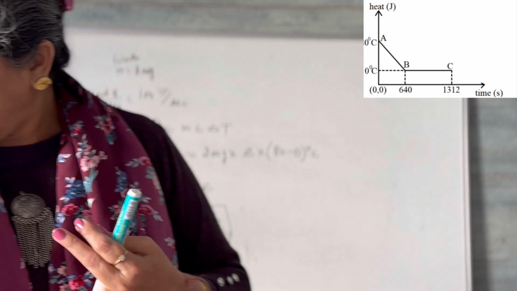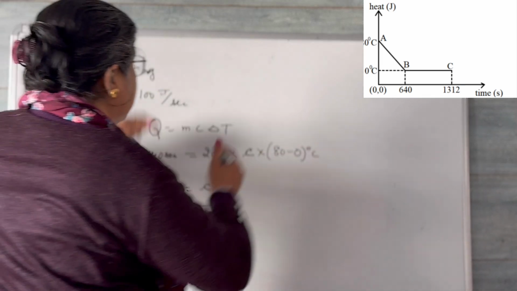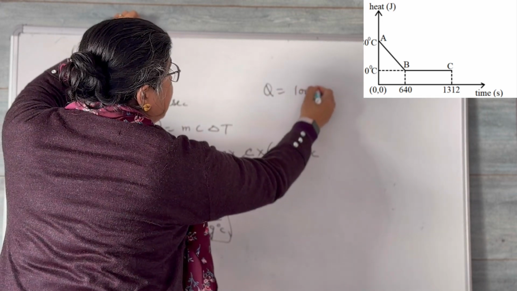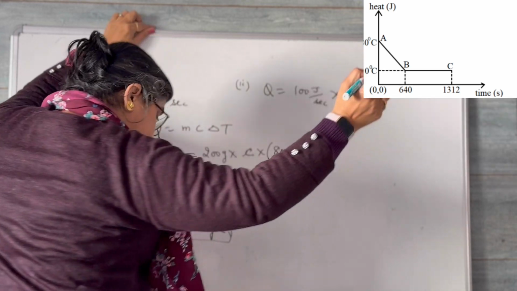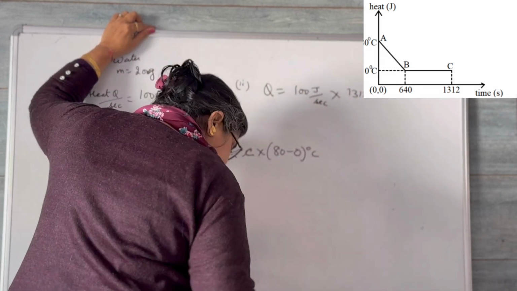Temperature is not changing from B to C. So how much heat change? Beta, heat is how much? That is extracted 100 joule per second. This is your second part. And for how much time? Please see. 1312 minus